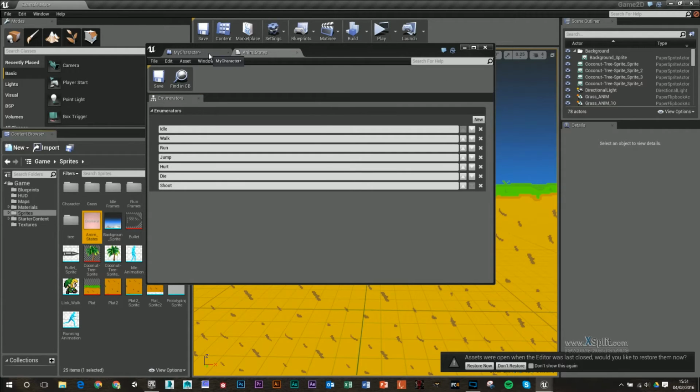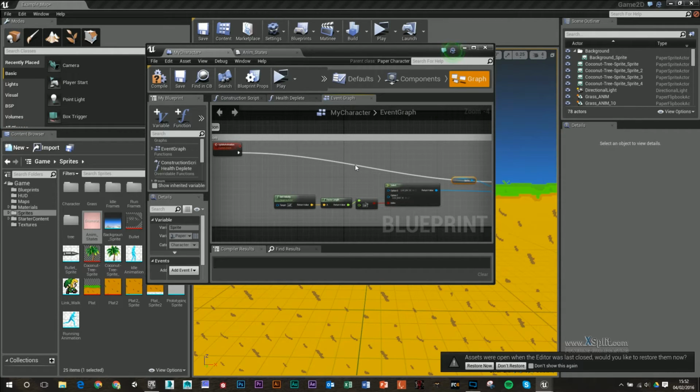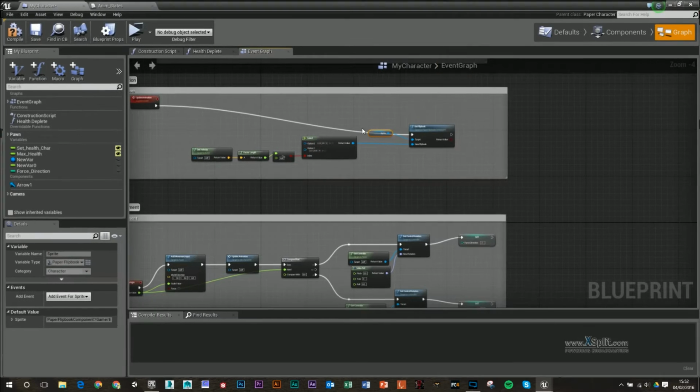And then what I can do is call upon this enumerator inside my character and make a variable out of that. So whenever I'm jumping, I can tell it to switch to this state, and instead of creating a really complex daisy chain of nodes here, I can keep it quite simple in terms of what I want to do. So once you've made your enumeration, you want to go back into my character,